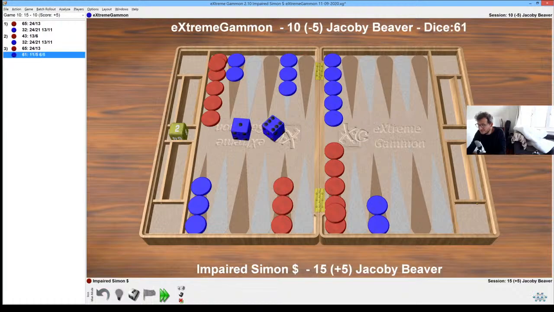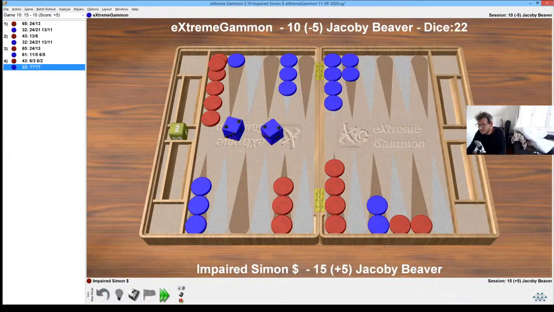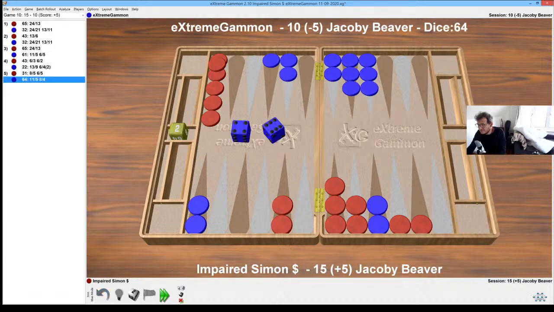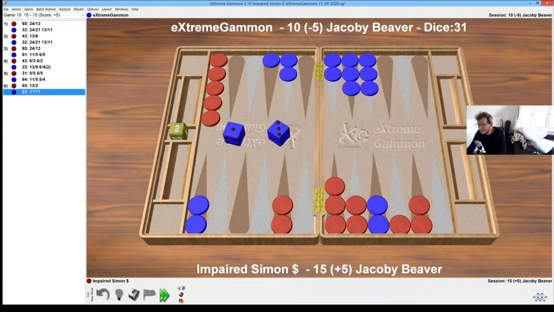Okay, so 4-3. I think we just go behind, and now we can't make any mistakes. Perfect. So even 6-1 plays. 6-3 will play. Obviously, no cube. That's easy. This is exactly what I want. I played for it, so I'm going to take credit for the